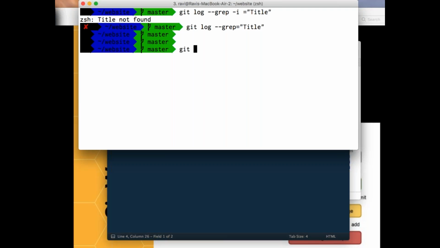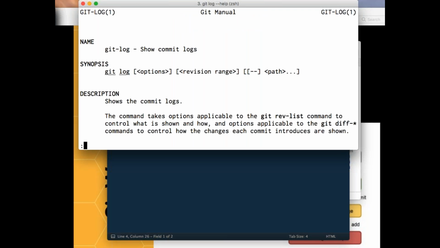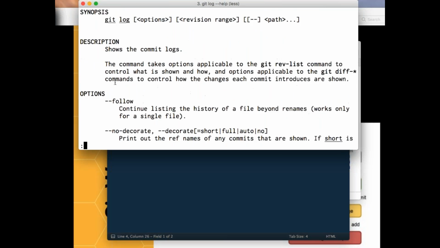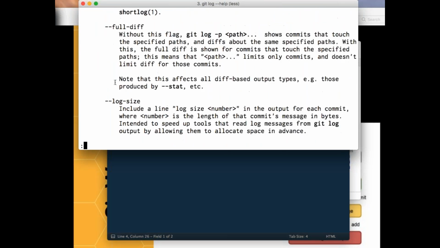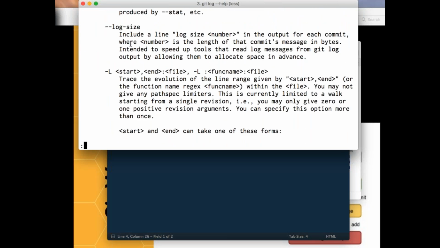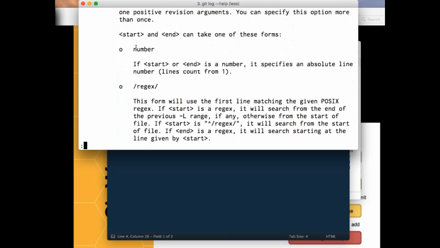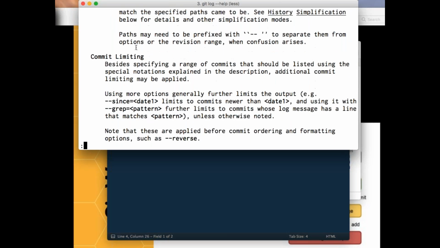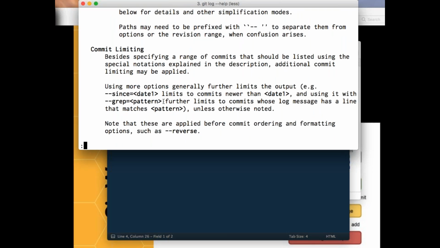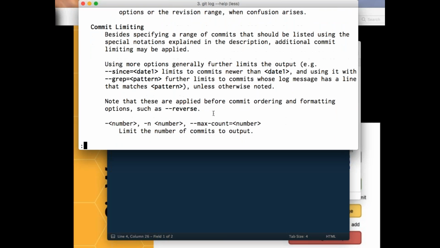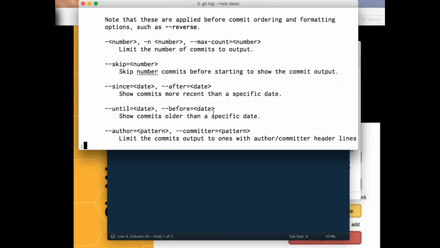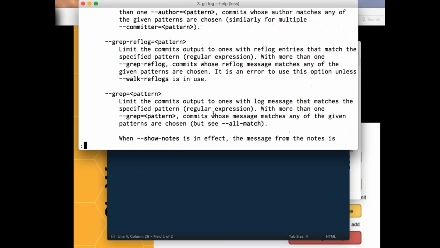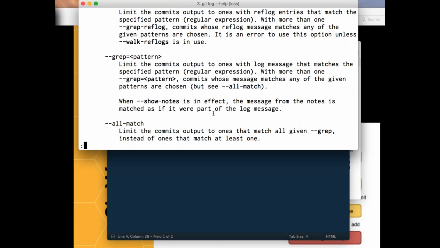If not, let's see git log --help. Ignore case. And you see there is something to filter with specific dates, regular expression, range, path. This is --since. And --grep: limit the output to commits whose message matches the pattern, unless otherwise noted. Then --author. You have the grep pattern.